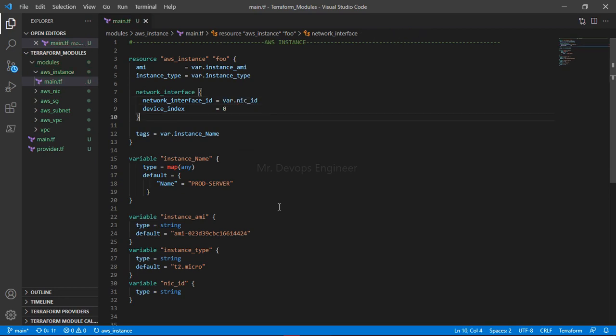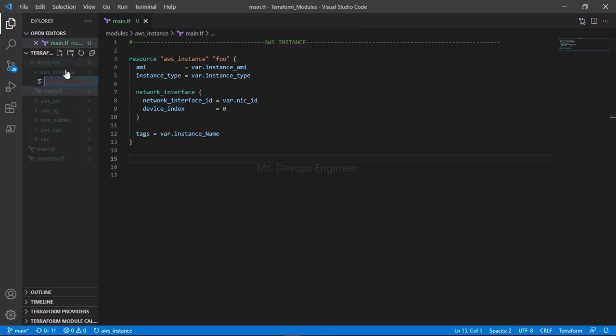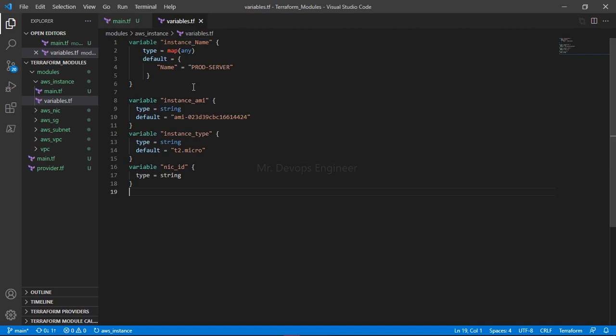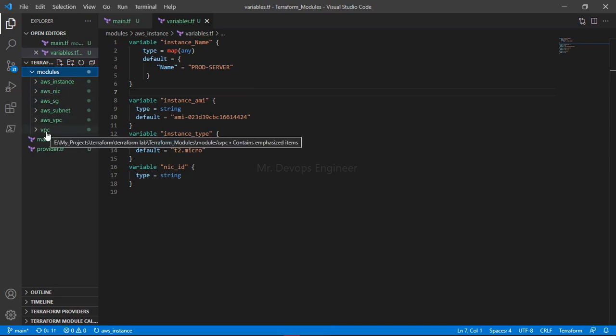So this is done, right? All the things have been variabilized. Now create a variables.tf here and pass. So all things good now. Fine. We are ready with all our modules, right? Now the main scenario comes. Okay. So whatever modules you have declared here, you have to call that in the main.tf.